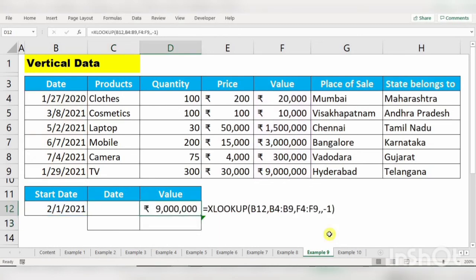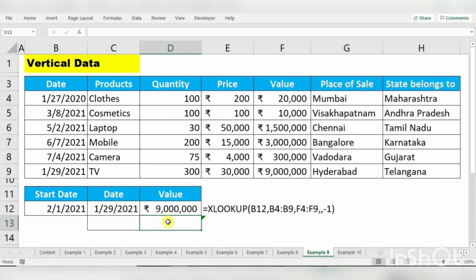Now you want to see whether it was correct or not. Now the same formula I am pasting here. Now here instead of value I need the result of date itself. Now you can see before February the first smaller item date is 29th January. It's near to that. That is the next smaller item.